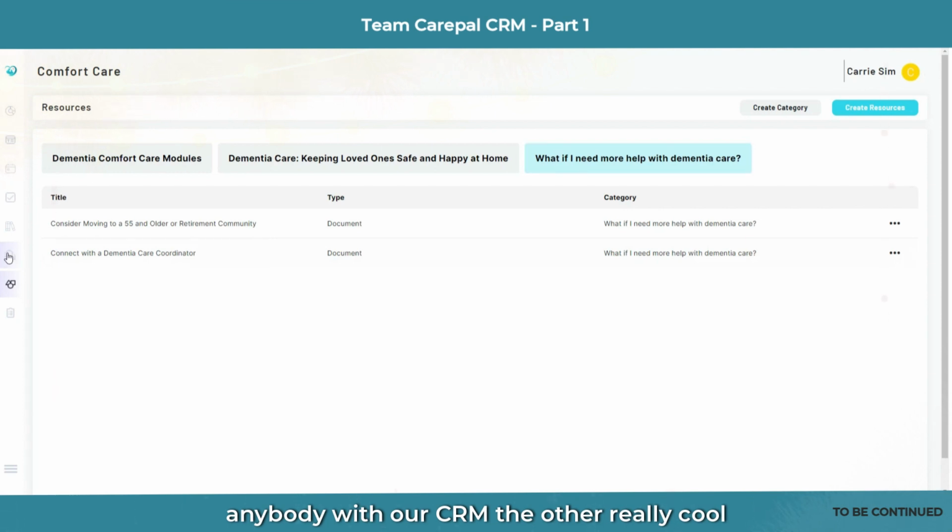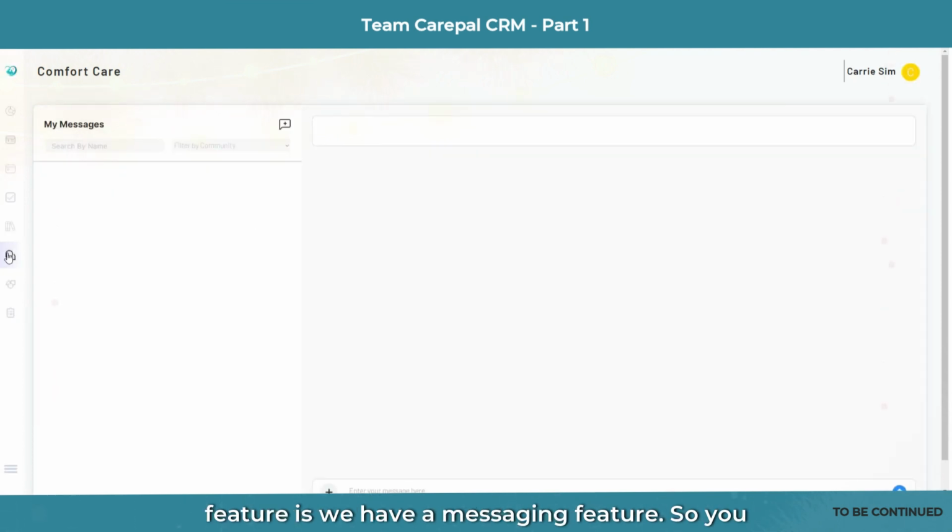The other really cool feature is we have a messaging feature. So you can